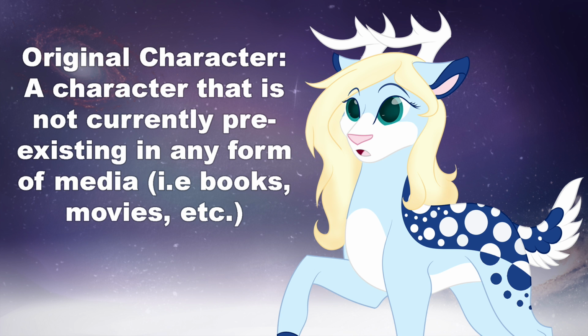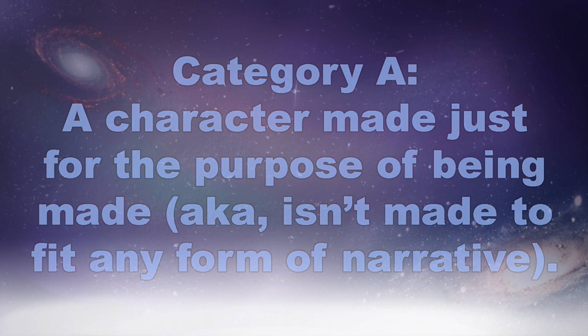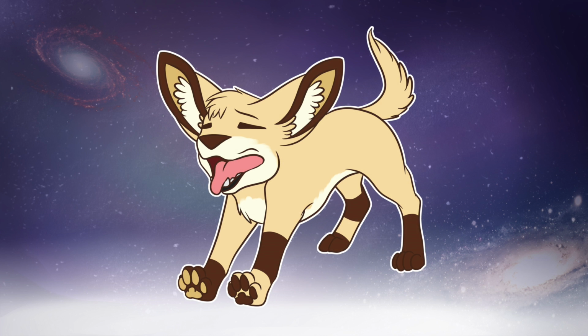In internet terms, an OC can be broken down into a few different categories. Category A is basically the same as the description above. It's a character that isn't made to exist in any other universe and is generally just designed for the sake of being designed. Category A characters generally don't have any sort of narrative, however artists can provide their own characterization